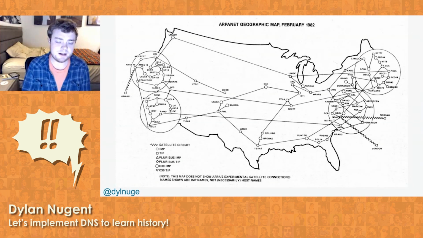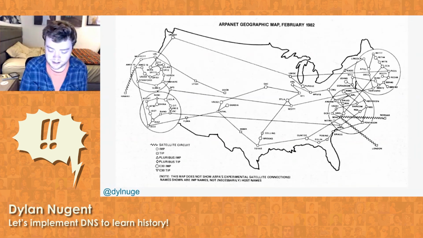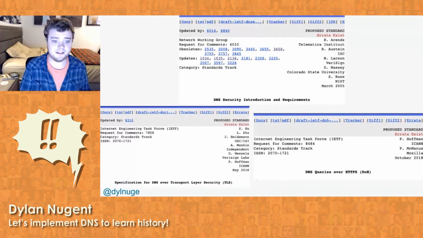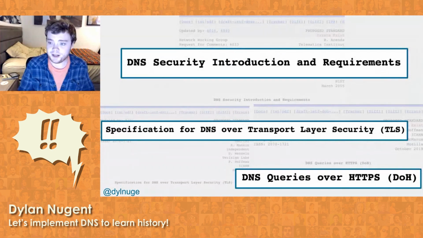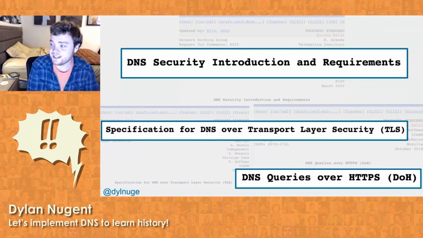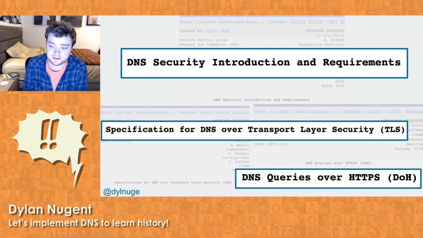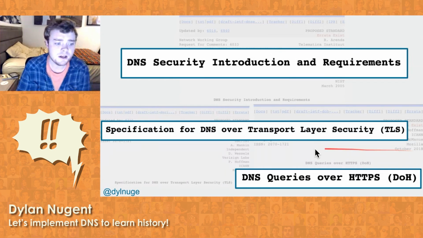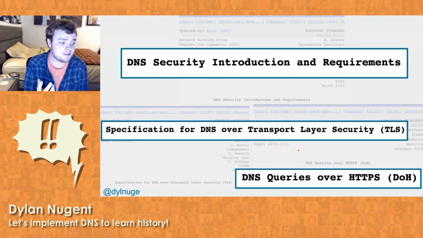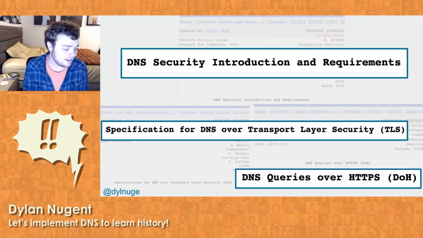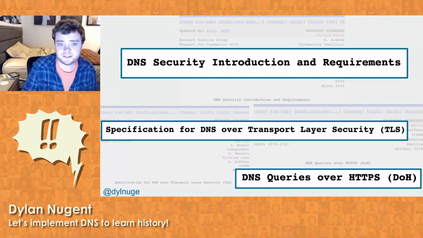So they didn't really think about security at all. Trust was just assumed in the internet of this day and age. And as a result, we got a bunch of new DNS RFCs that were published in the mid-2000s. The newest of these was actually published just a year or two ago, to try and add security, because the concerns of today's internet are really different from the concerns of the internet or ARPANET of the 80s.